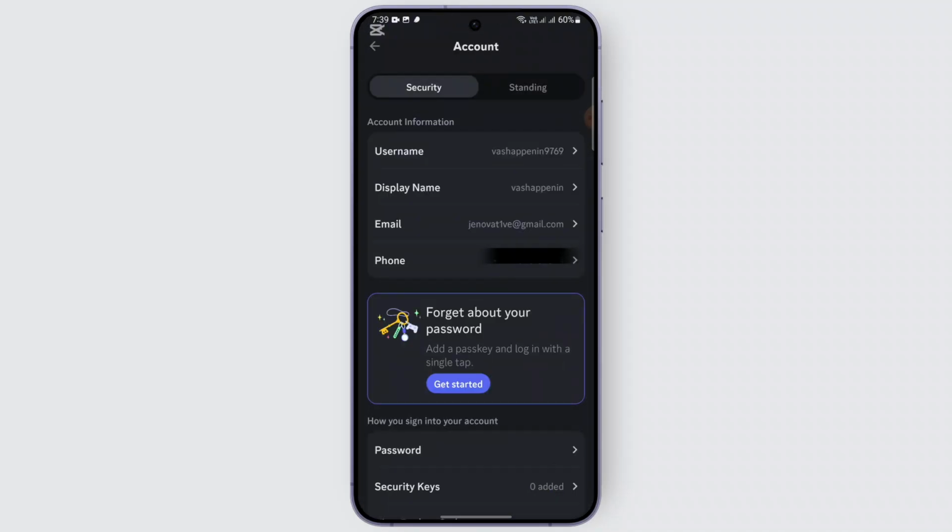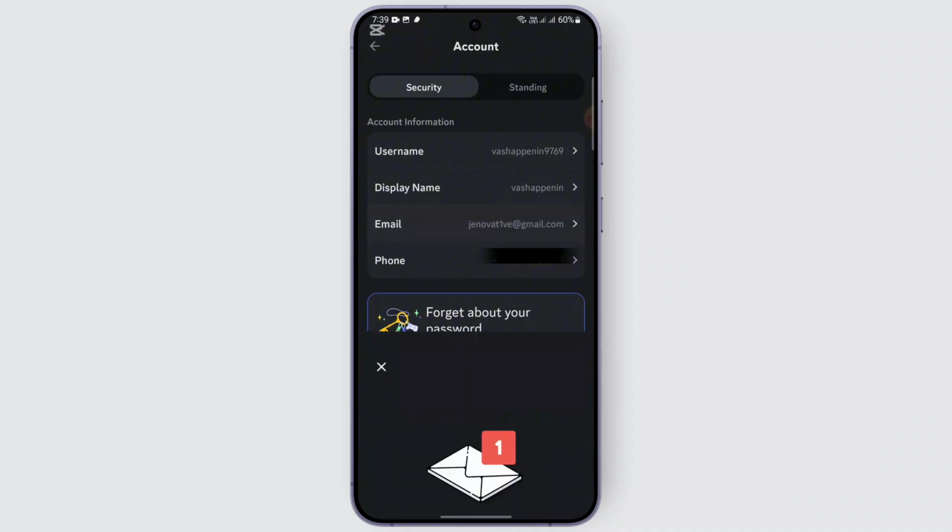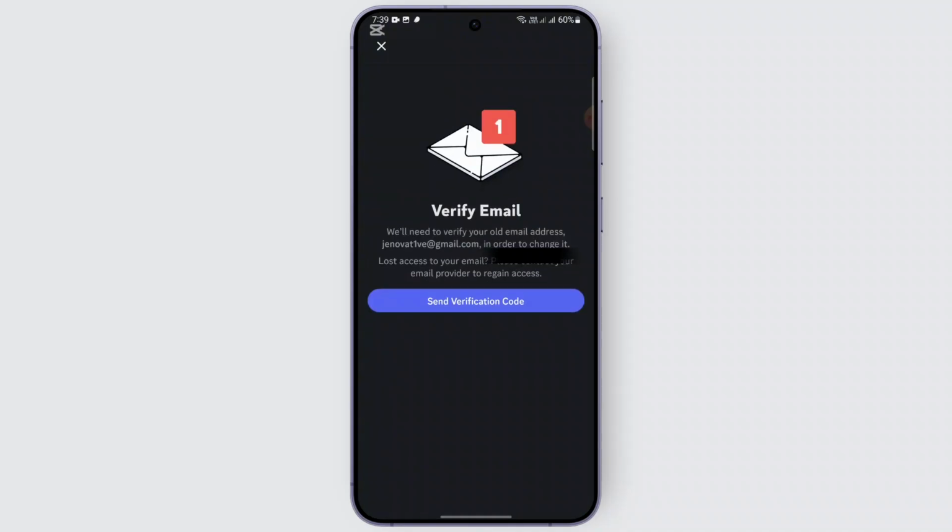And after tapping on it, you're going to go ahead and verify your email first. So if you haven't provided an email address here on your Discord account, you're just going to go ahead and type in an email and verify your email here. So in order to do so, you just need to tap on send verification code. After that is done, you will be receiving a 6-digit code which you need to type in order to verify